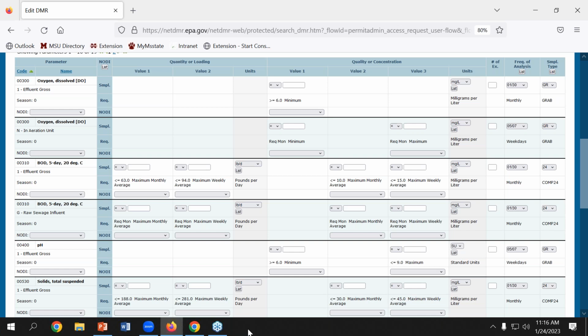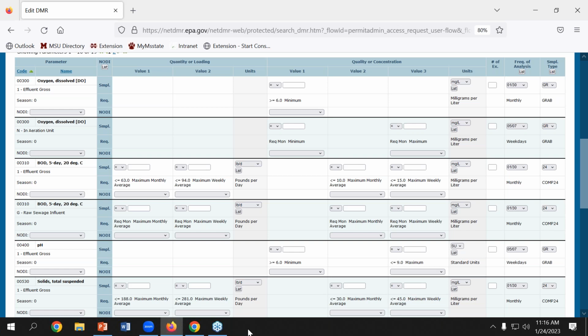Continue down to pH. pH, of course, is a permit requirement with a 6.0 minimum, a 9.0 maximum. Now, one thing that differentiates pH from the other parameters is that the pH has to be recorded within 15 minutes of collection. So it may be that the lab will collect all of the other parameters, but the operator may actually collect the pH. And it is also a weekday requirement, weekday meaning 5 out of 7 days.